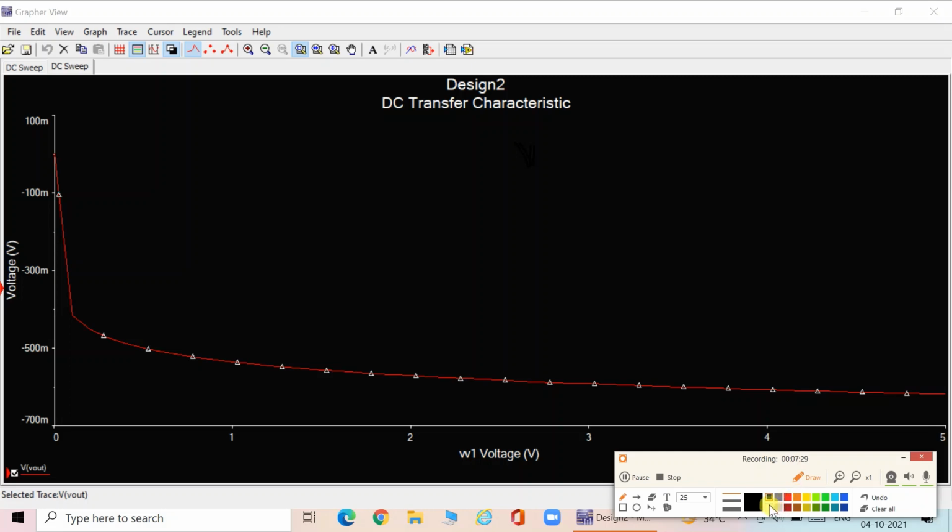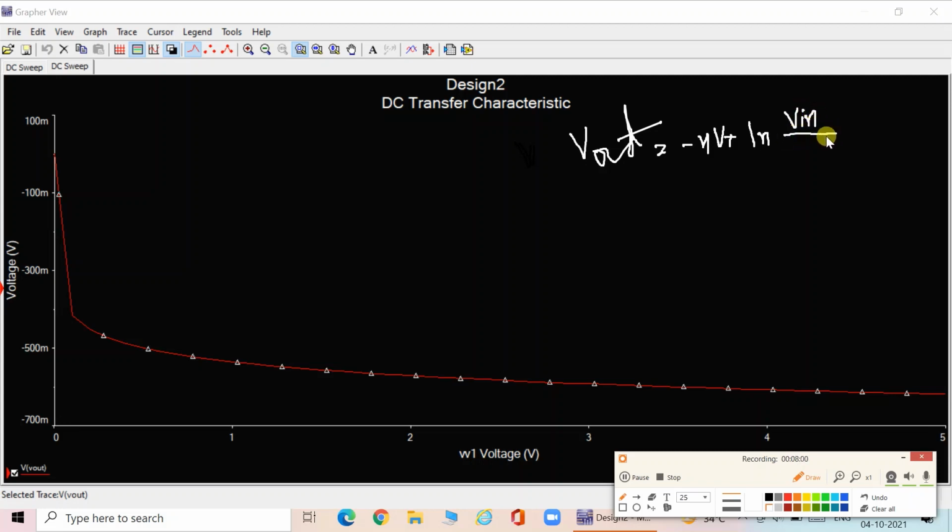So my V out is equal to minus eta Vt. If you remember, it is minus eta Vt ln V in